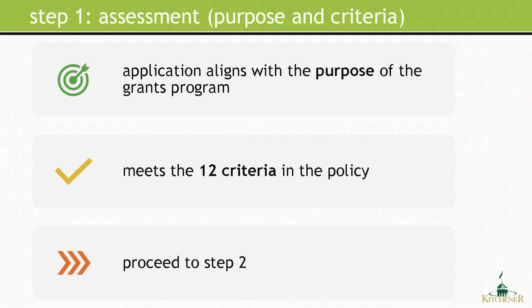The committee uses an online decision-making tool that's aligned with the purpose of the grant program and the 12 eligibility criteria given in the policy. Committee members spend about 15 to 20 hours reviewing all the applications individually. Then the committee participates in group discussions to allocate the funds. Usually this takes 3 meetings, all 3 to 4 hours in length.